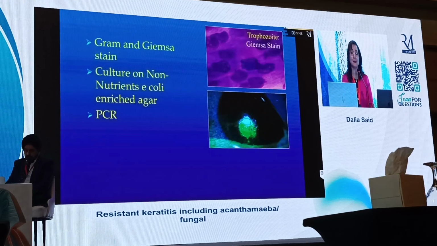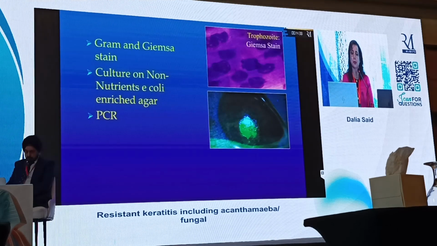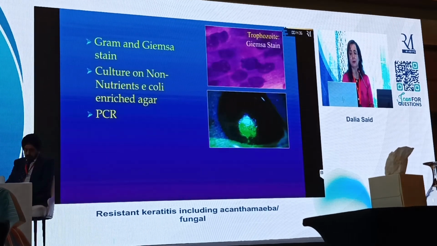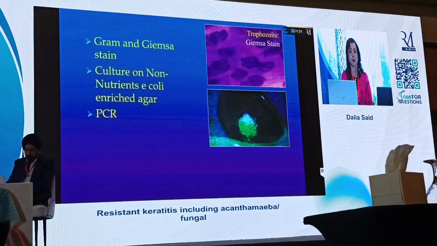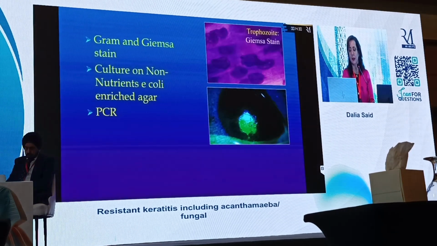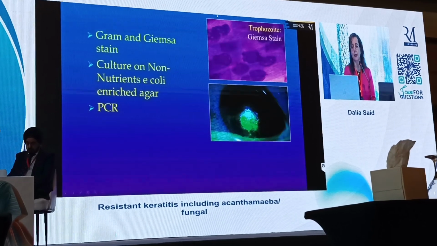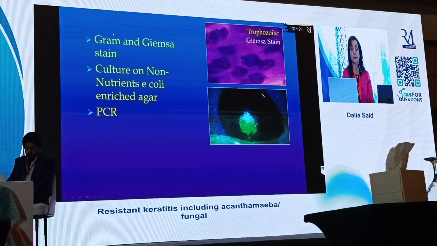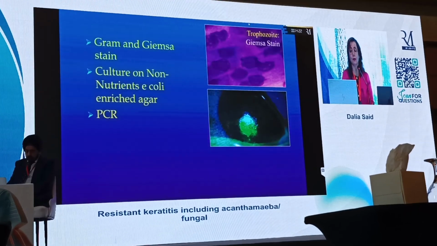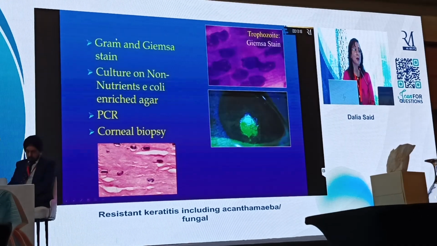Again, you can take a sample. You make an ulcer and take an epithelial biopsy and send it for staining and culture on non-nutrient E. coli agar, because the trophozoites will eat up the E. coli, and then that will show. PCR is very useful and gives us very good results when other modalities fail, and then corneal biopsy if everything